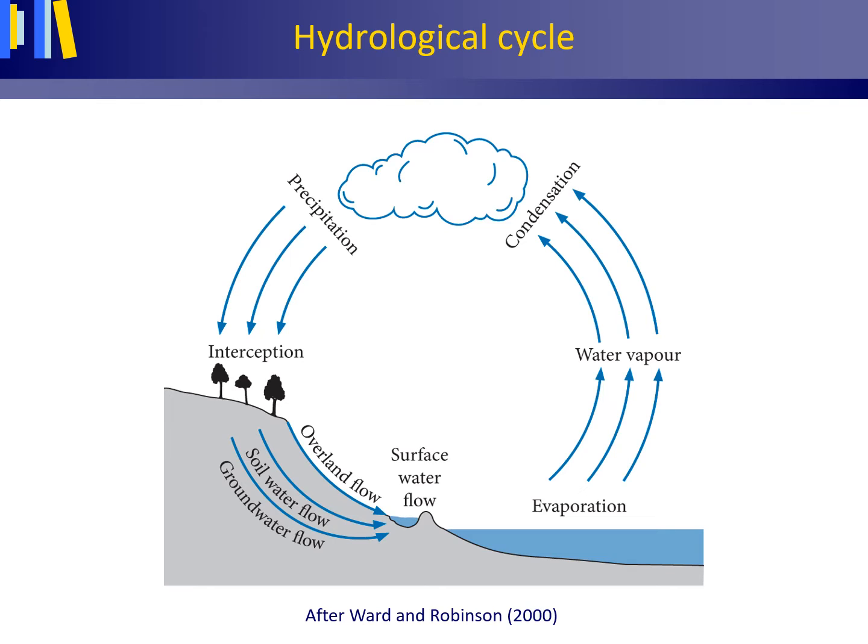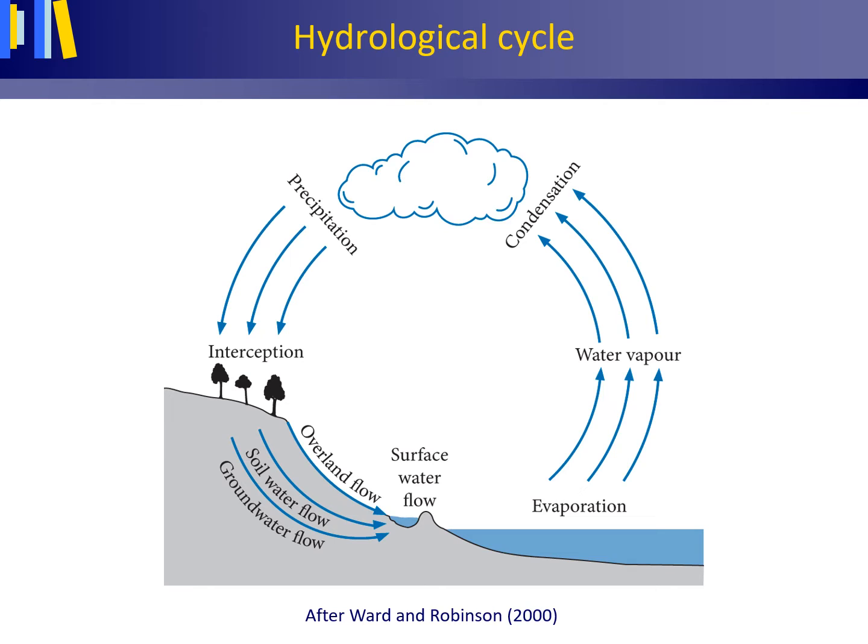And precipitation can be in different forms. It can be snow or hail, or it can be rainfall. Very often in our latitudes, which is in the mid-latitudes, we have that the precipitation starts as snow higher up in the atmosphere, and then lower down in the atmosphere because of the higher temperatures change into rainfall. Water falls on vegetation or buildings on the land surface or on the land surface itself.